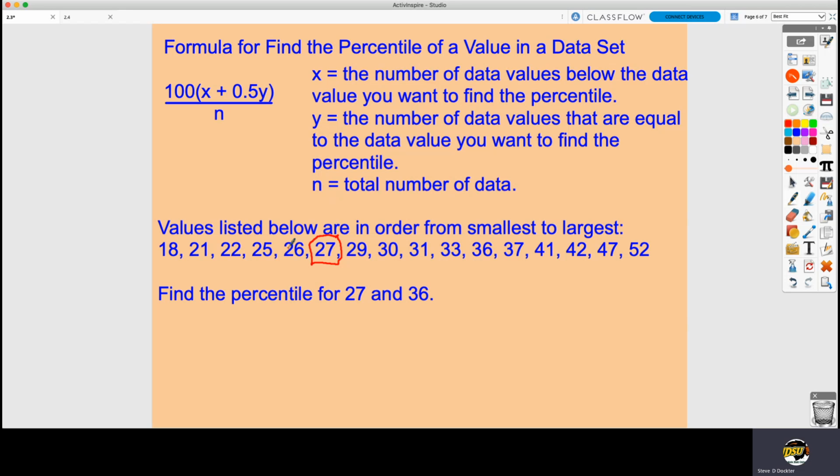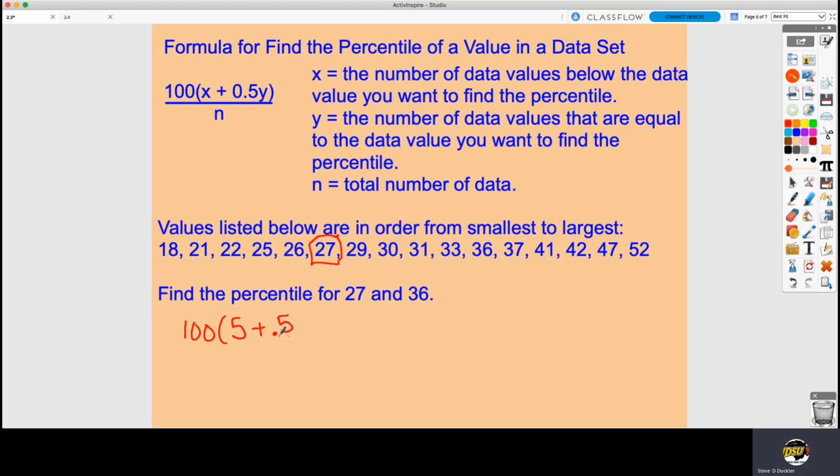So why here? That is a good question. All right, so our X, first of all, stands for all of the data points that are below what you're trying to find. In this case, if we're trying to find the percentile for 27, that would be 5 of them. So if we start plugging in numbers, our X is 5